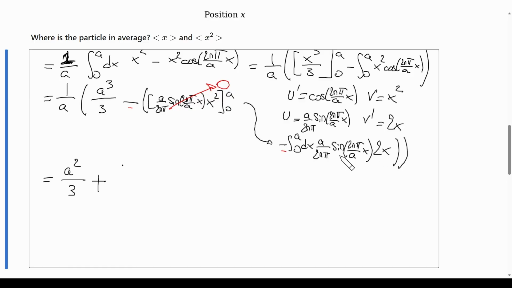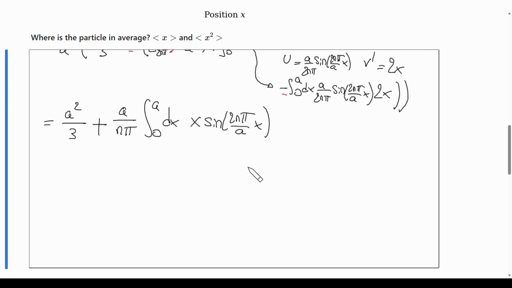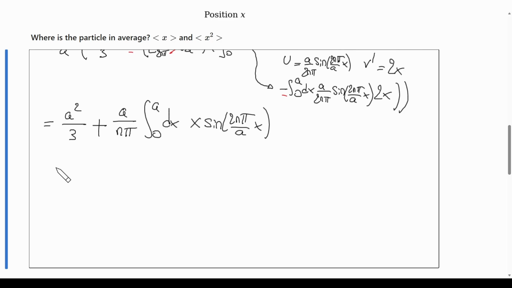Plus we put the constants out, so we have a over n pi of the integral from 0 to a dx of x sine 2 n pi over a x. And this we can simply reuse